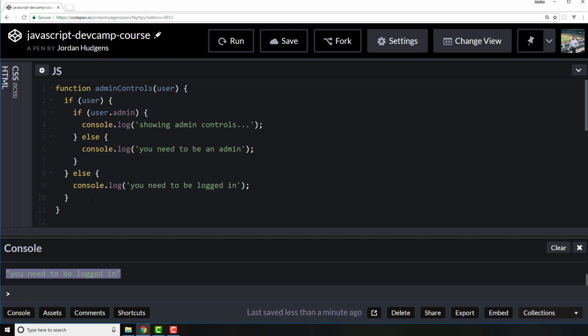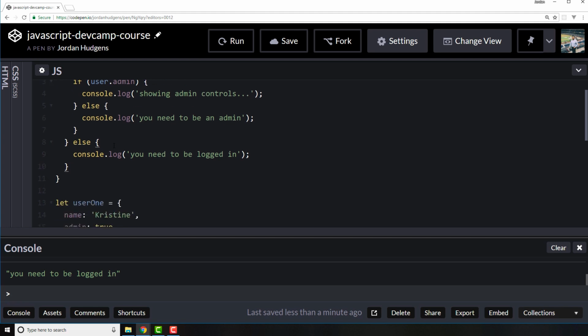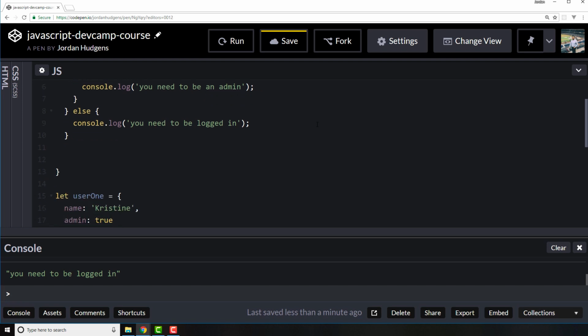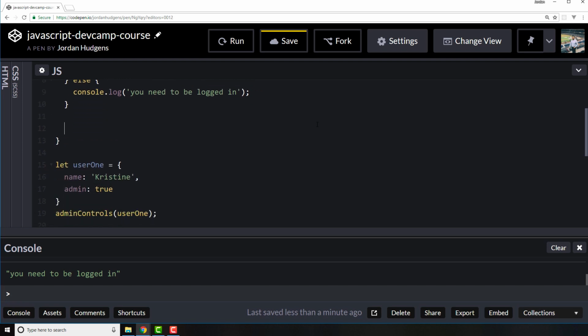But let's imagine that you need to put this in a ternary operator. Now this is going to look very weird. Once again, I would not recommend doing this at all, just because I think it leads to unreadable code. But if you ever come across a ternary operator that looks like this, you're going to know exactly what it's doing. So I'm going to create a variable that we're going to store this in. So I'm going to say let response equals